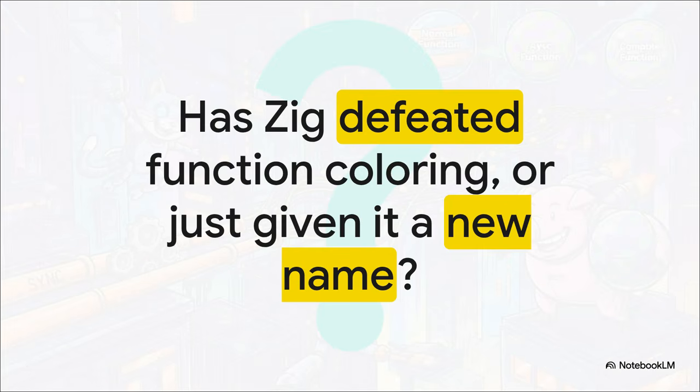Ultimately, Zig's entire async journey, from a clever compiler feature to an explicit library pattern, really highlights a deep truth about programming. There are no easy answers, there are only trade-offs. This new path is bold, it's principled, and it raises fascinating questions for all of us. Is the future of concurrency not about more compiler magic, but about these explicit library-level contracts? Well, only time, and the real-world code that developers write, will tell if this is truly the final chapter in the long war against function coloring.